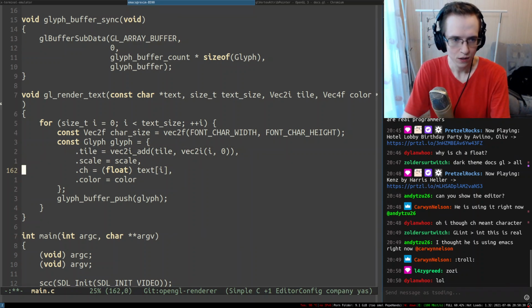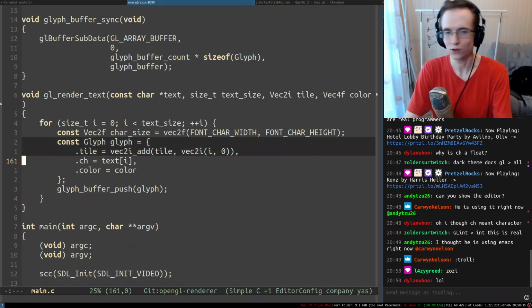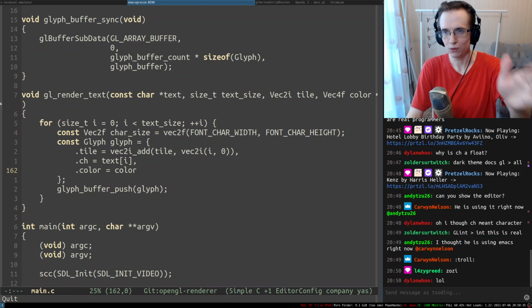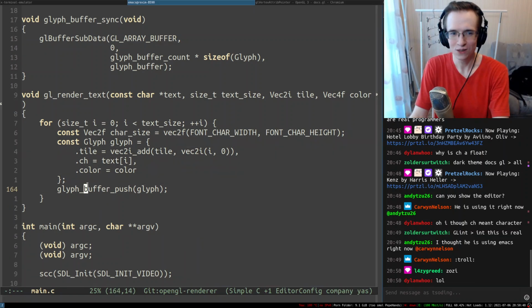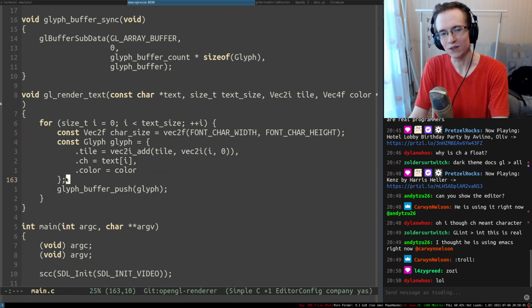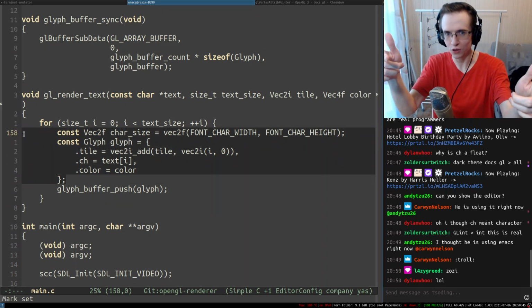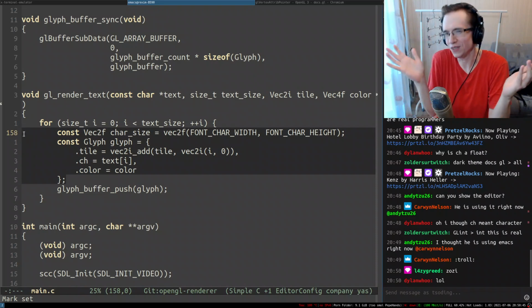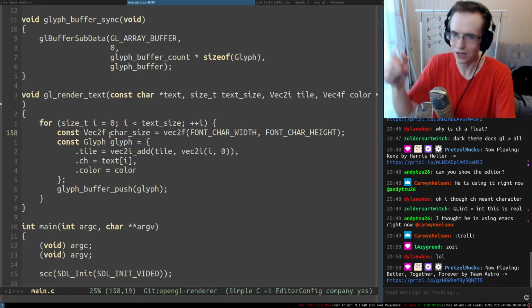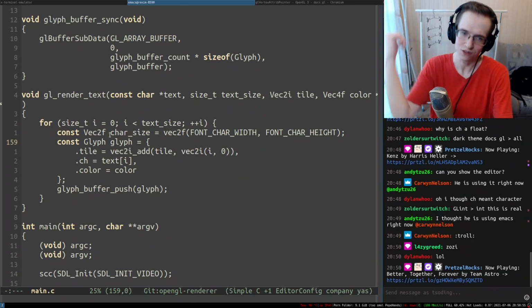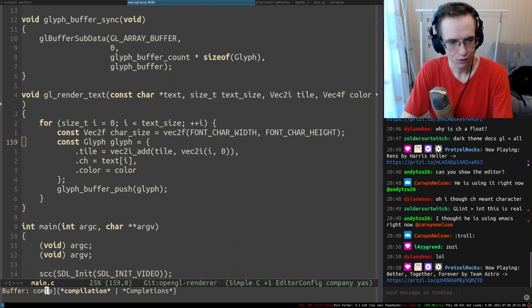So ch will just become an integer in here, scale is not needed. This is precisely why I wanted to make this change, so I can simplify this code. We moved a lot of these mathematical operations from the CPU in this code to the shader. Well, we didn't move it yet, but we're going to soon. So we already removed it from here. Later, we'll have to add it to the shader. So we're just offloading things from the CPU, essentially. You know what I'm talking about?